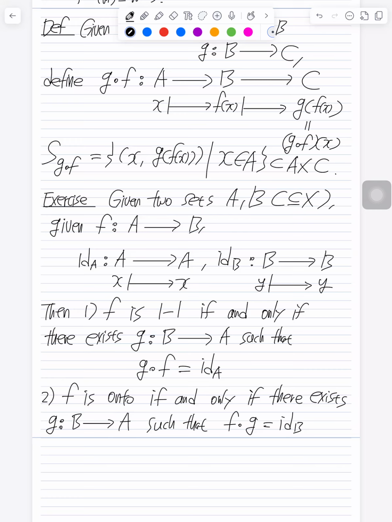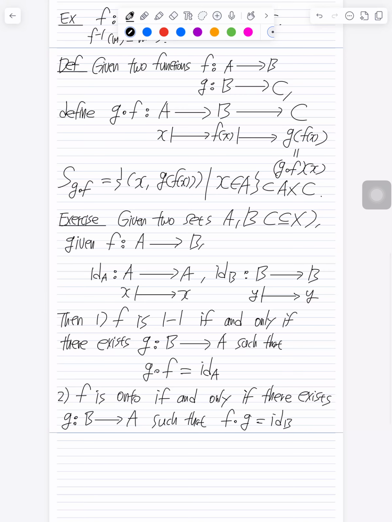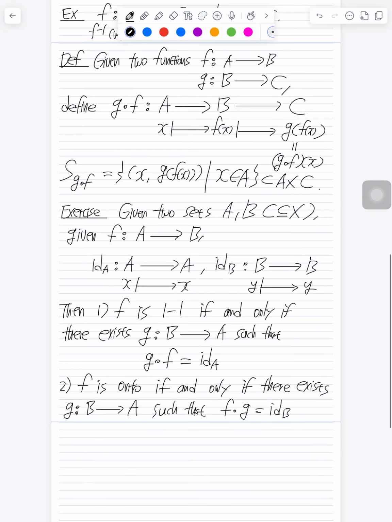Not every argument runs smoothly, by the way, without additional principles. This exercise is quite important to see why from time to time we encounter certain additional axioms. From an axiomatic point of view, you may discover that certain constructions require extra assumptions. Let's try to see this. So, proof.